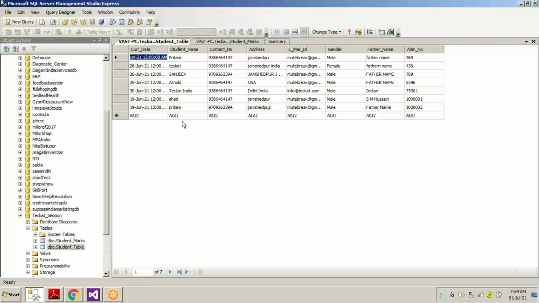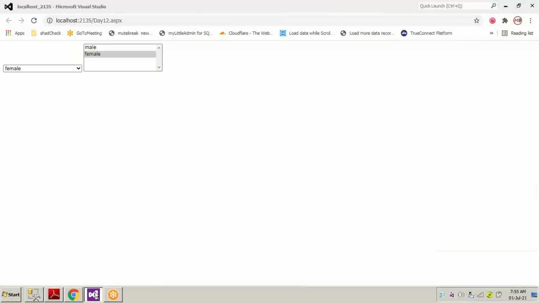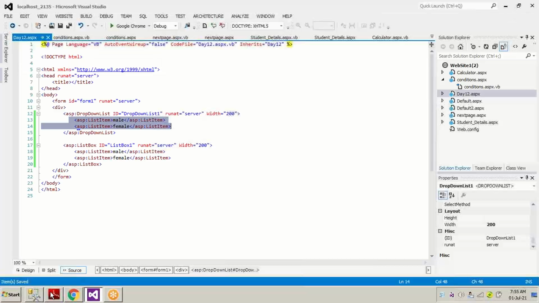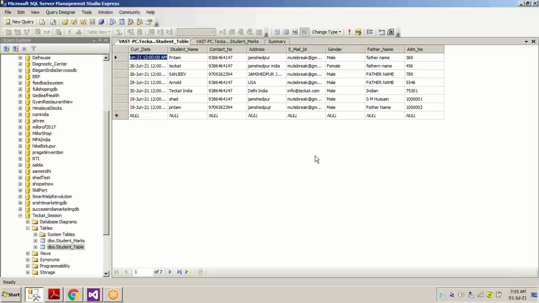Whatever we have in this student name field, as the records increase, the names of different students will be increasing. So we will be requiring the entire student name to get uploaded inside the drop down list, and that can be done with the server side coding. Not only student name, but we can add any of the fields, contact number also, address also, email also. It depends upon the requirement of the client and the developer, as I'm saying again and again.